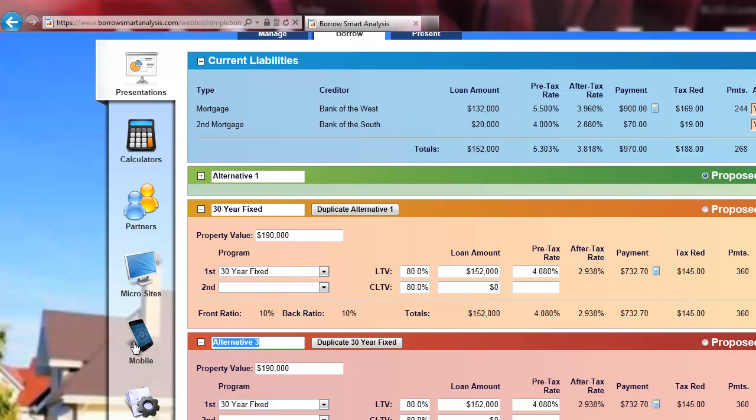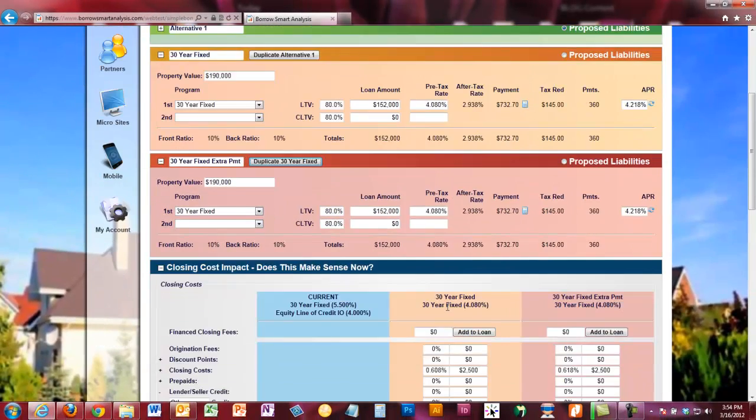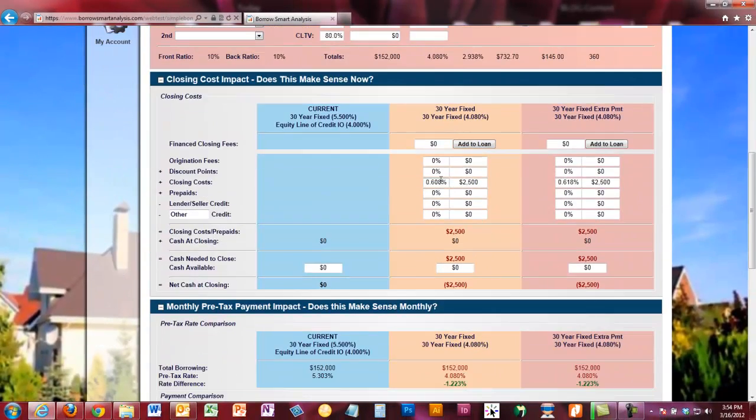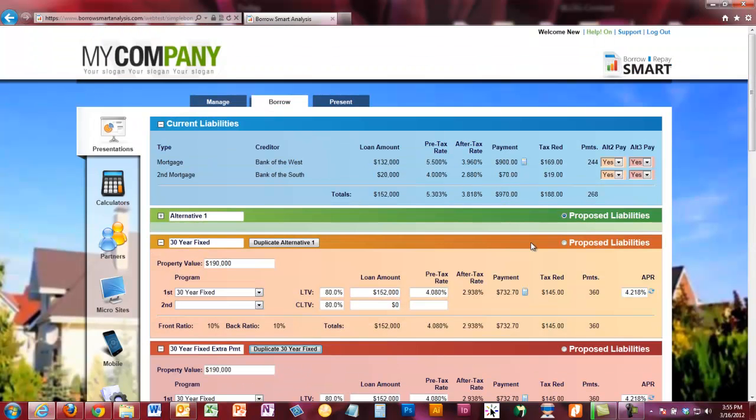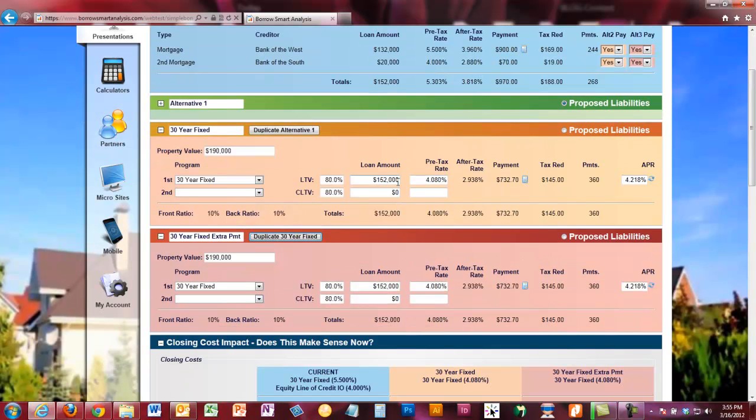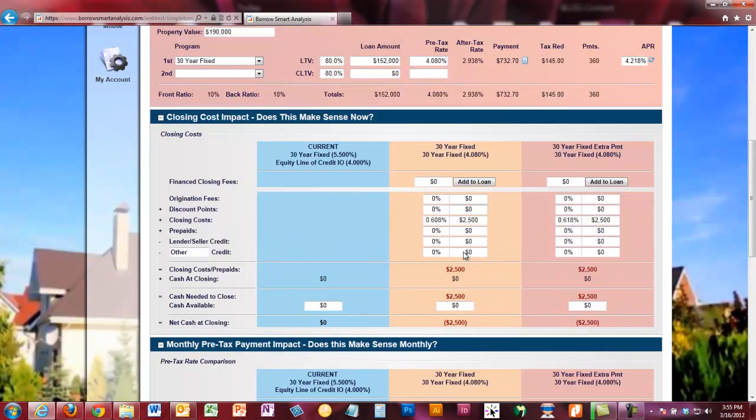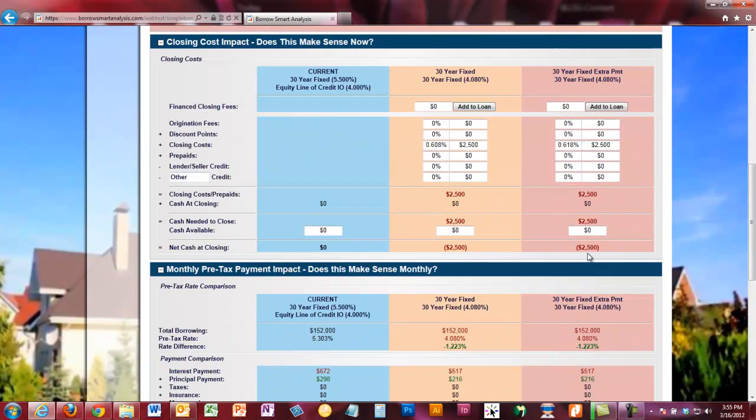I'm going to come over here and say 30-year fixed with an extra payment. So I'm going to give it a different title, but you'll notice everything up here is exactly the same. I'm not changing anything here. And I'm going to go through and say in both of these is $2,500 in closing costs. So they're going to need to come out of pocket with about $2,500. They owe $152 right now on these two mortgages. I'm going to do a $152 and a $152, and they're going to have to come to closing with $2,500